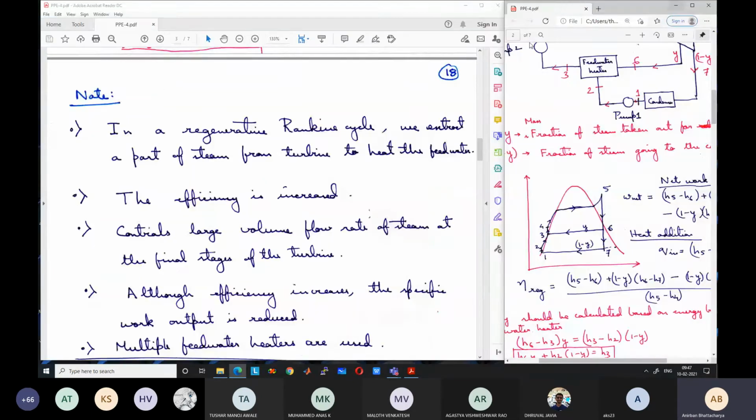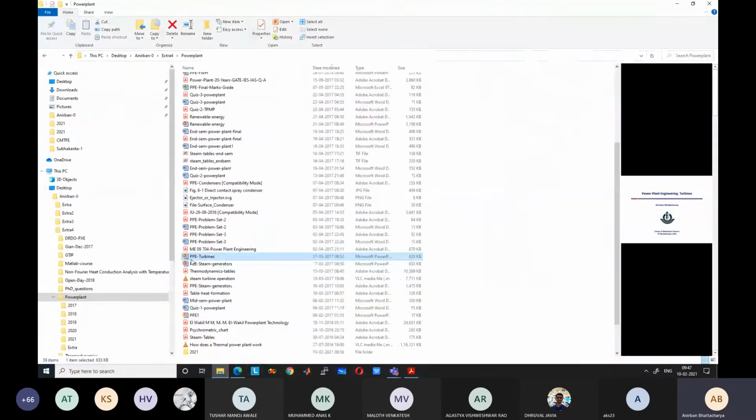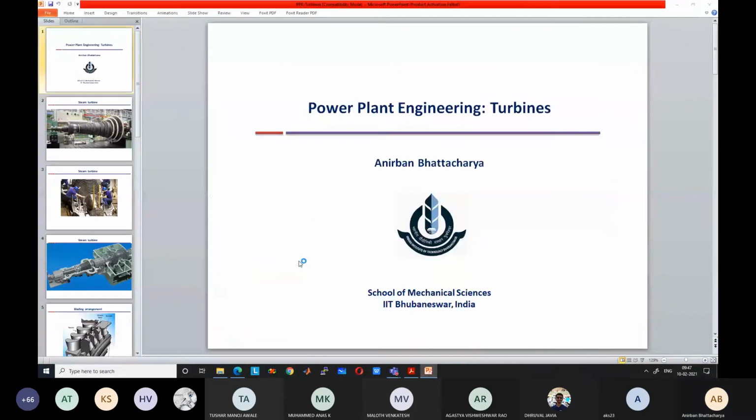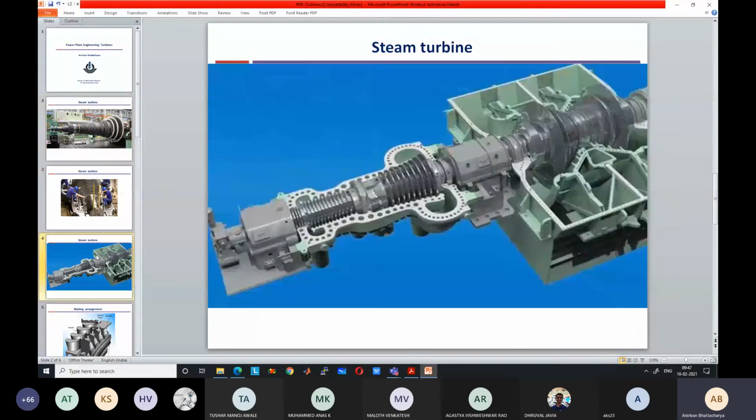We had discussed this initially, and we will also discuss it towards the end of the course. How to tackle the large volume of steam? What is done is that for the low pressure stages, instead of a single turbine, we have two turbines. We divide the flow into two separate turbines. Half of the flow goes to one turbine, half goes to the other. So the mass flow rate is reduced by half for each turbine, and each turbine deals with half of the volume flow rate.